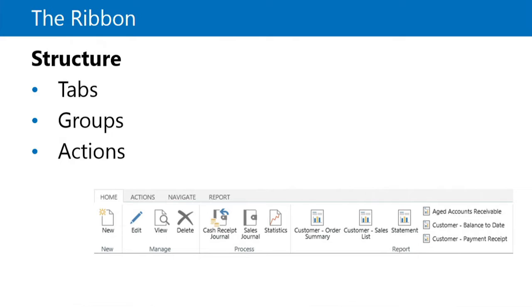So this is, for example, the ribbon of a customer list, and one of the tabs is actions. In actions we have a group manage, and within the group we have a number of actions. Like, for example, new, or in the manage group, you can see the actions edit, view, and delete. So this is always a structure that we will use in ribbons in the NAV, both in the web client